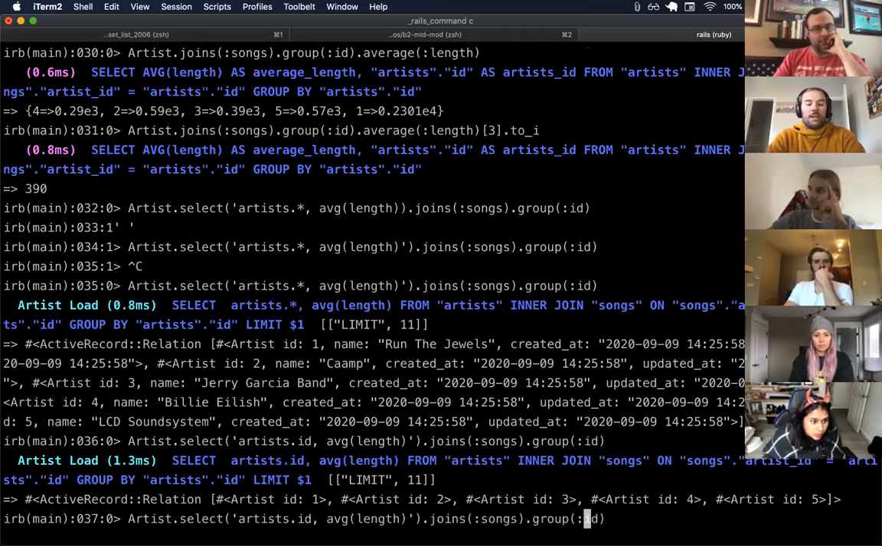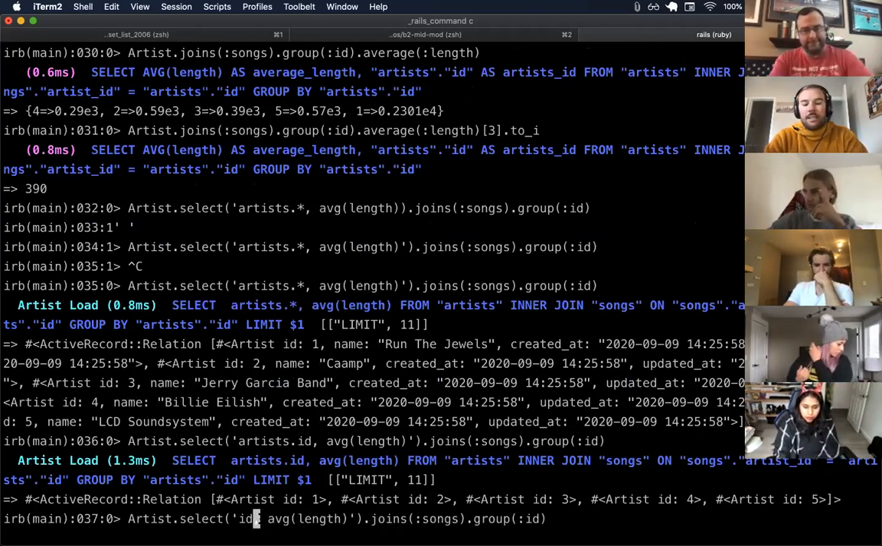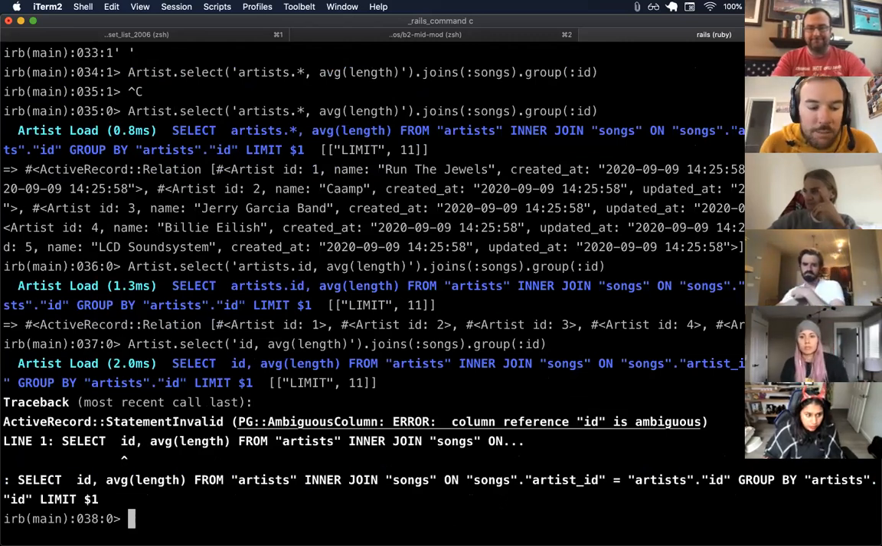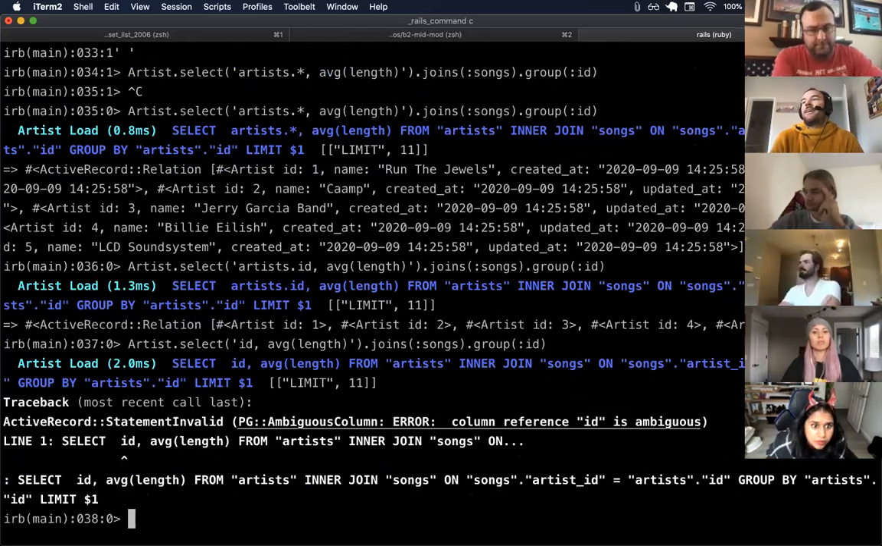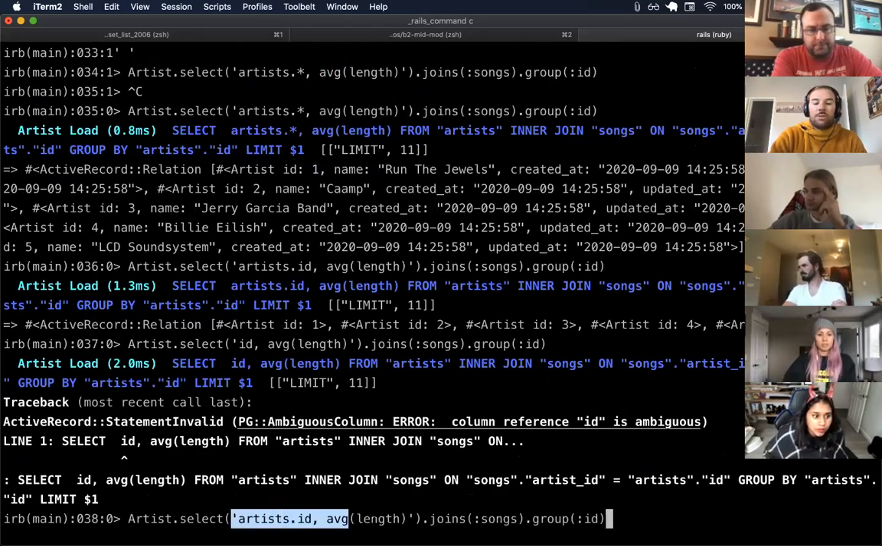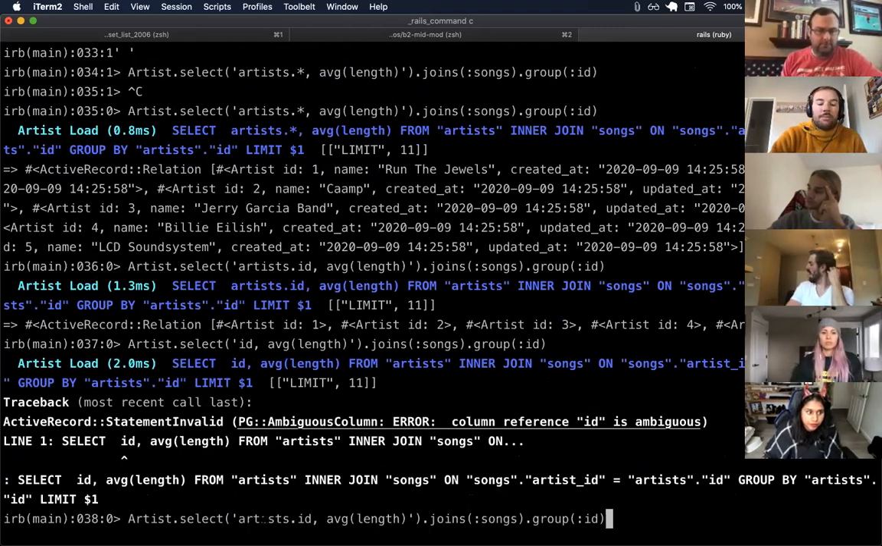One thing I also want to show you, you're probably going to run into this quite a bit. If I only select ID here in my SQL statement and I run this, I'm going to get an error. Ambiguous column error. Column reference ID is ambiguous because it exists on songs and it exists on artists. So the way that I can get around this is within my SQL select statement. This is kind of like knowing how to do the pure SQL, because this is exactly how it would look in the select statement in SQL. I have to say, hey,